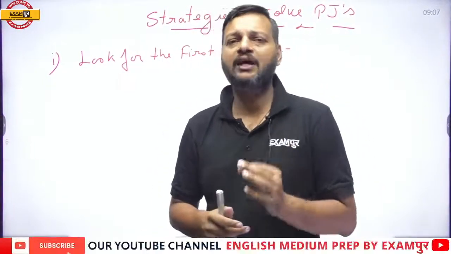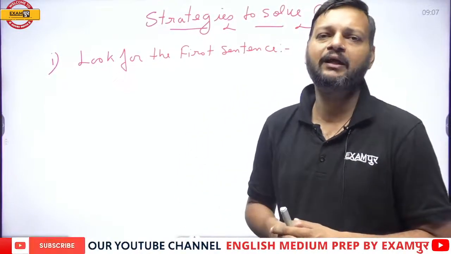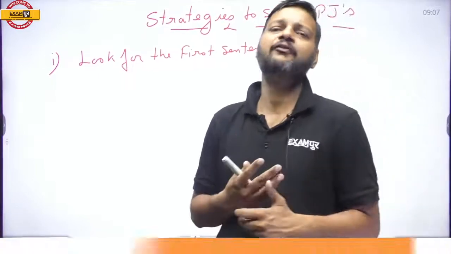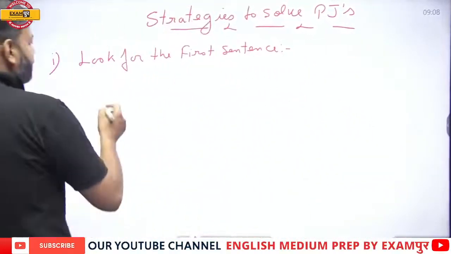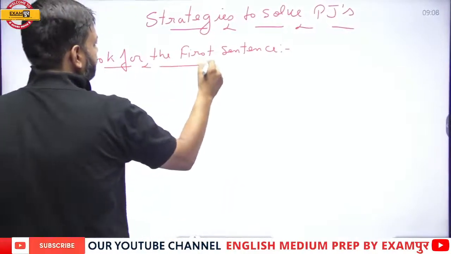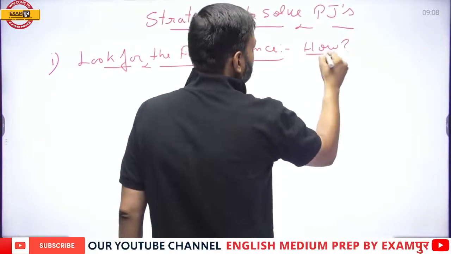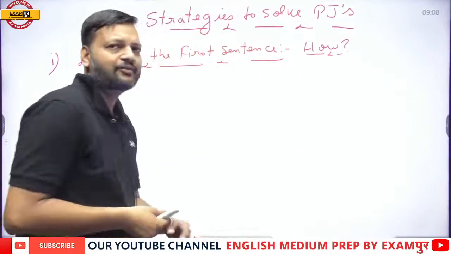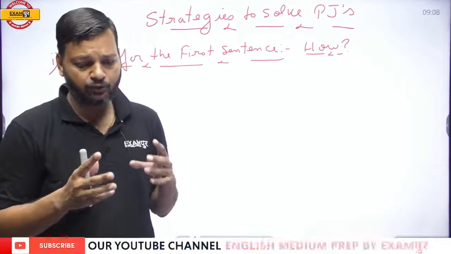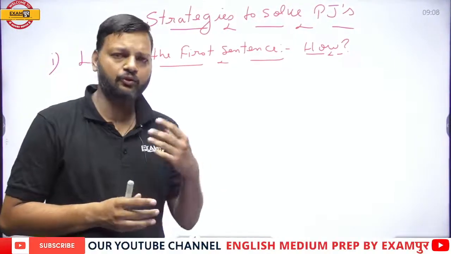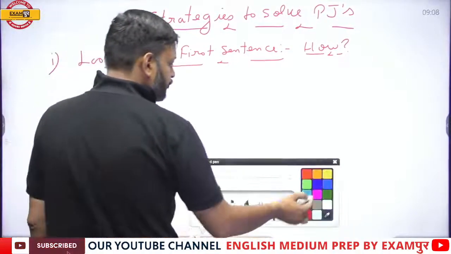So the very first target while solving a parajumble is to look for the first sentence of the paragraph, and to find the first sentence is quite easy. So how to look for the first sentence? The question is how. So there are some basic grammar rules to look for the first sentence of the paragraph. The first rule,